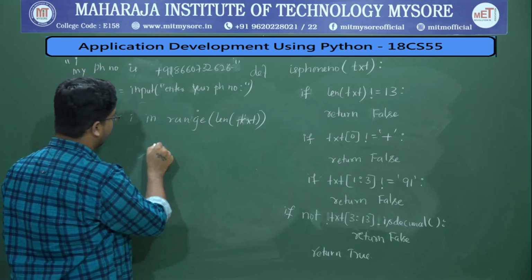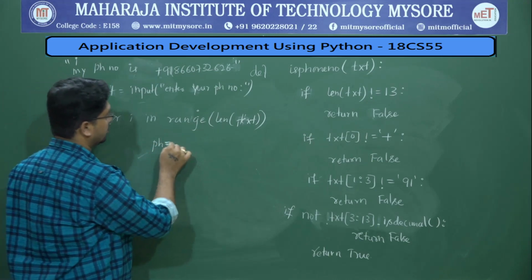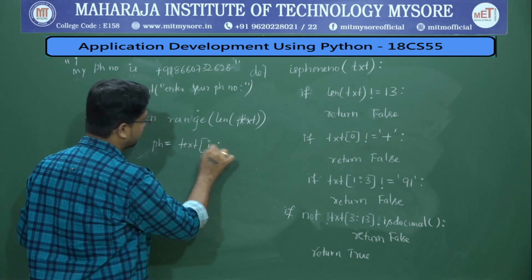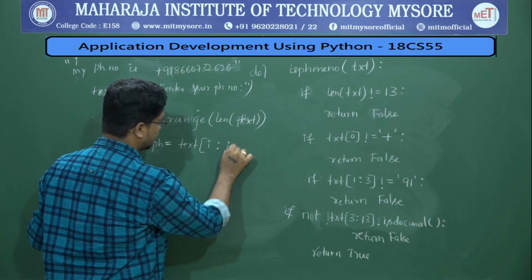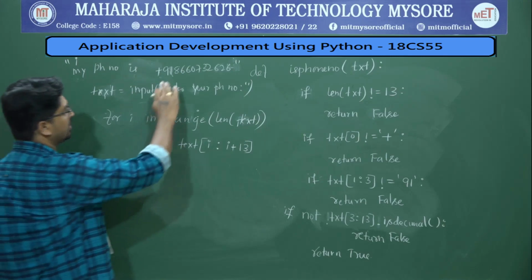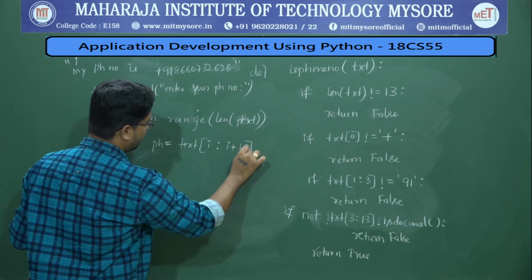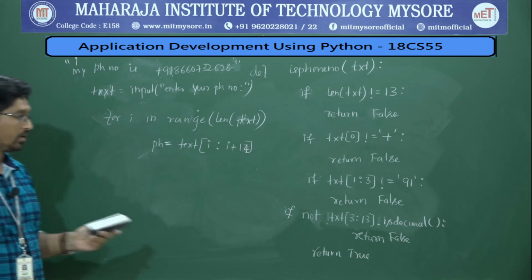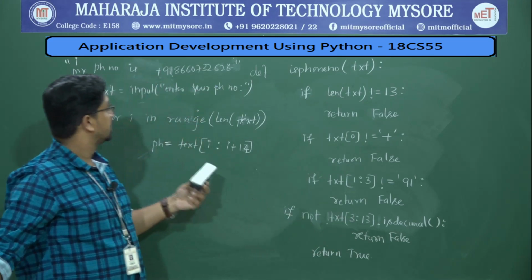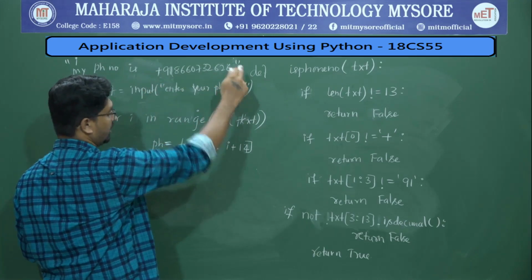So for that I will write ph, phone number. Phone number is equal to what? It is text of i comma, till what? i plus 13, that is 0 plus 13. Whether it is 13, 10, 10 plus 2, 12, 12, 13. So I should write 14 characters. Is it correct? So here it is correct. 3 plus 13, 0, 1, 2, okay, 12, 13, correct, it's correct.